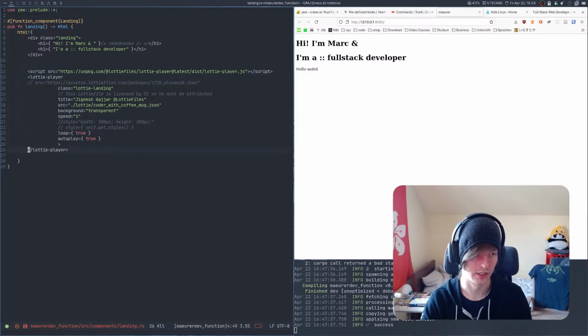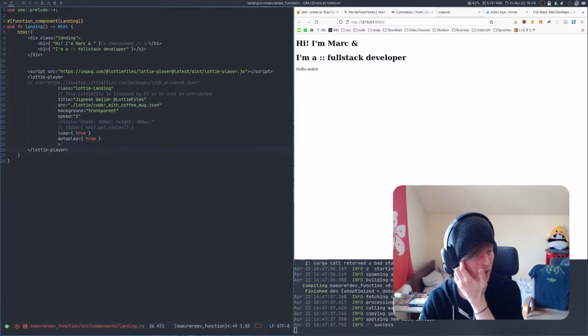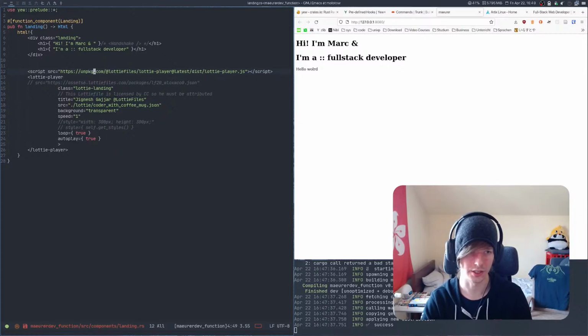I don't like how Rust indents the HTML in here. Okay, so we are getting the Lottie.js file. We are making a special tag for it, for the Lottie player, called lottie-player, which we give a class because I've given it more design, like CSS properties, and gave it a title